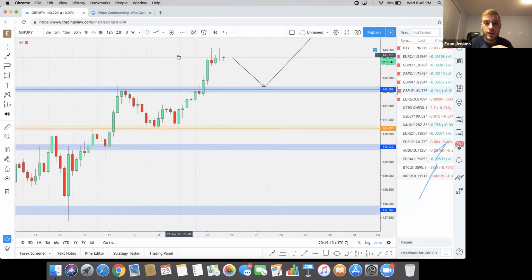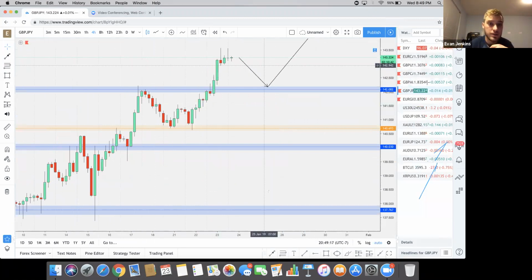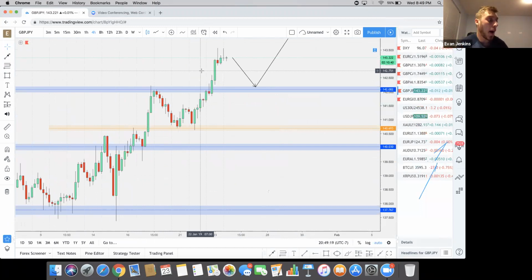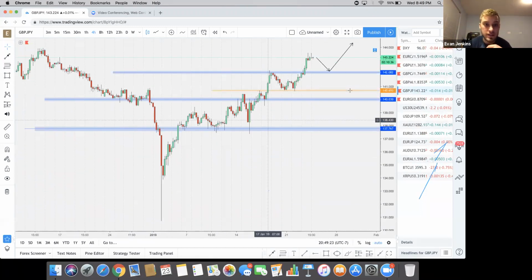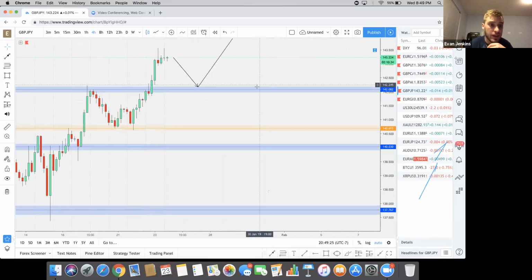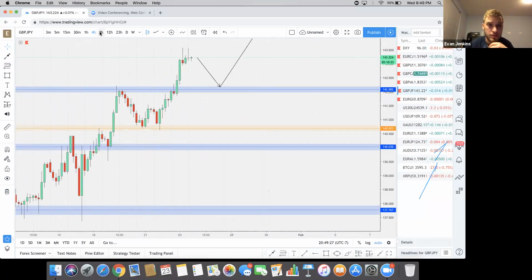So same thing with GBP JPY as the other GBP pairs. This is why I'm pretty excited about all these GBP pairs, because they're finally breaking out of all these ceilings and making higher highs and higher lows and everything. For this one,